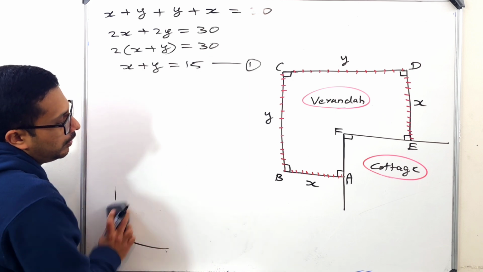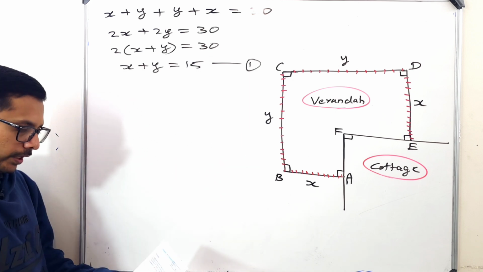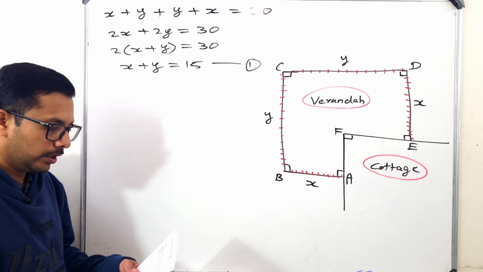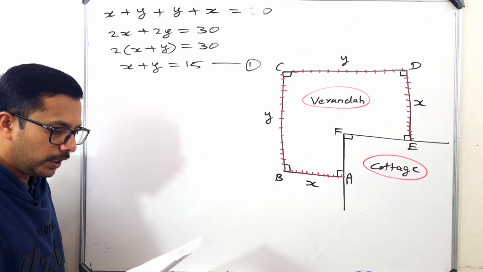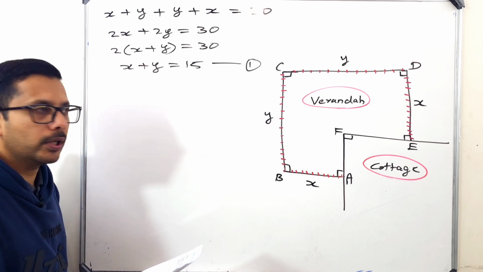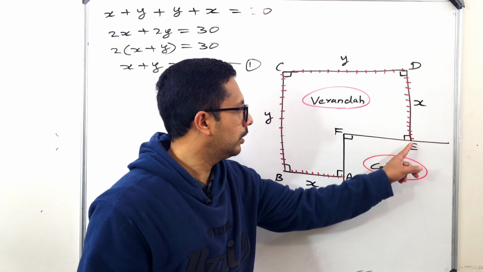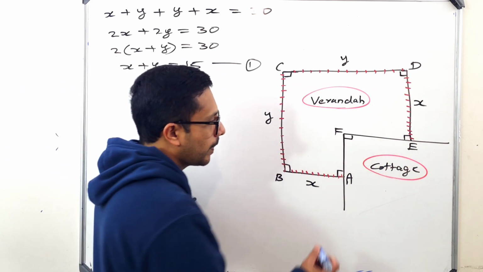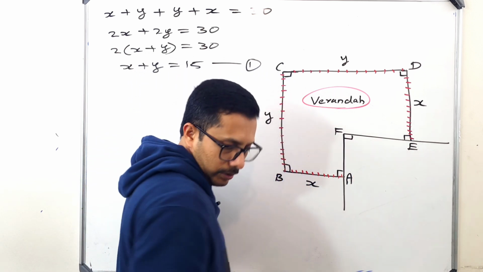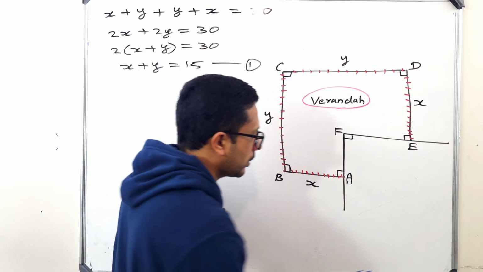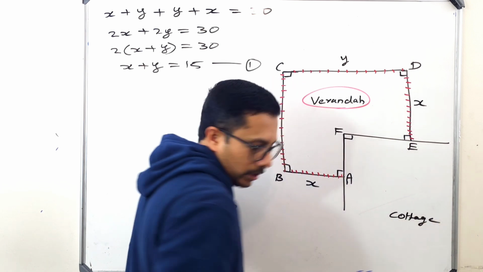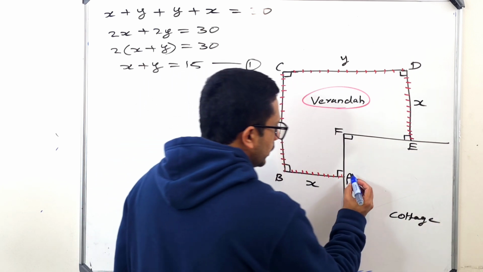Anyway, here what is the question? Look at the last sentence: calculate the values of x and y for which the veranda will have a maximum area. So tell me, what is the area formula? Let me erase that cottage and write it here somewhere. This is our cottage. So if I extend this one like this,